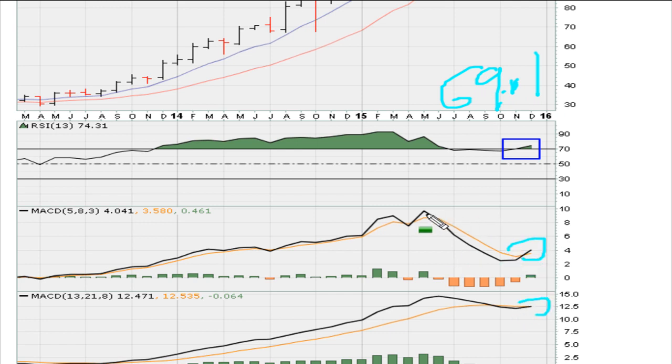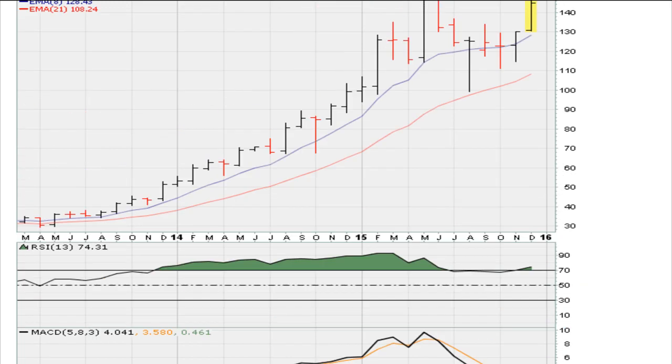The MACDs are not at new highs. And so here you would own this based on the fact that the RSI is back above 69.1. But from a pure technical standpoint, trying to find the ultimate breakout, I have to say this one has yet to push the MACDs to new highs. So since we are being very selective, I would also ignore this one, just based on the fact that it is, yes, a momentum player,